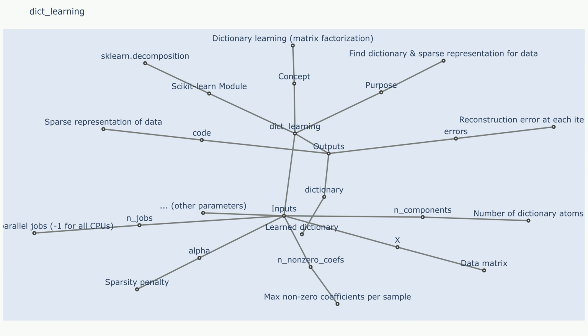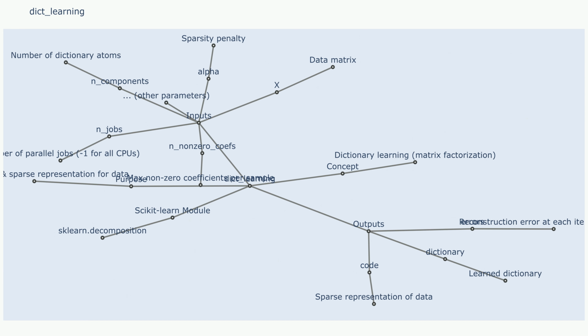This code snippet demonstrates how to apply dictionary learning to the digits dataset, learn a dictionary with 15 atoms, and visualize the learned dictionary. 6. Limitations and considerations. Computational complexity. Dictionary learning can be computationally demanding,